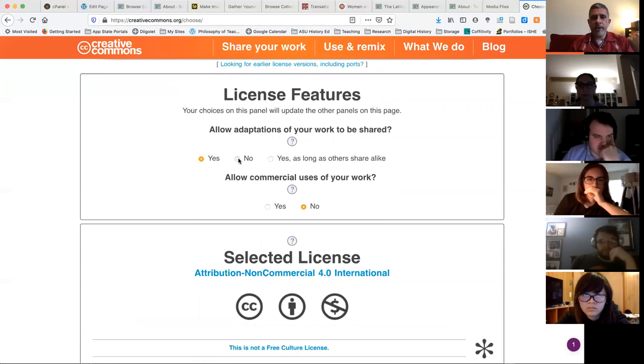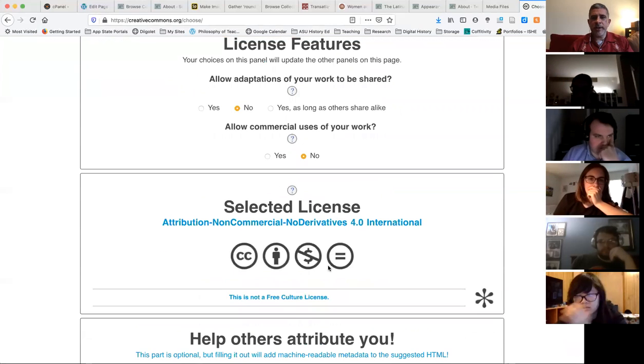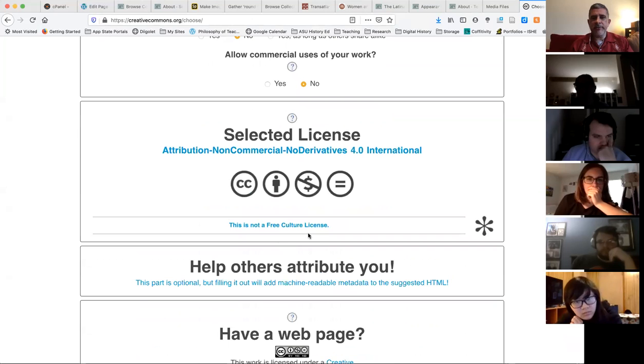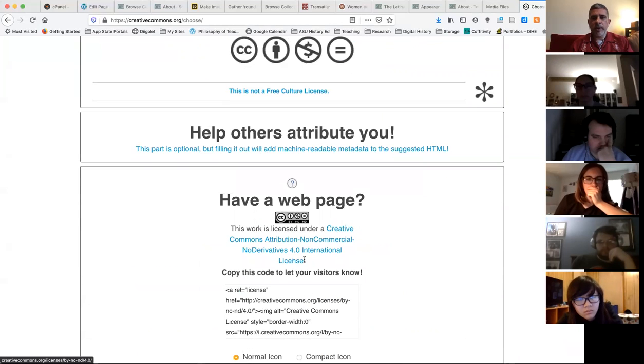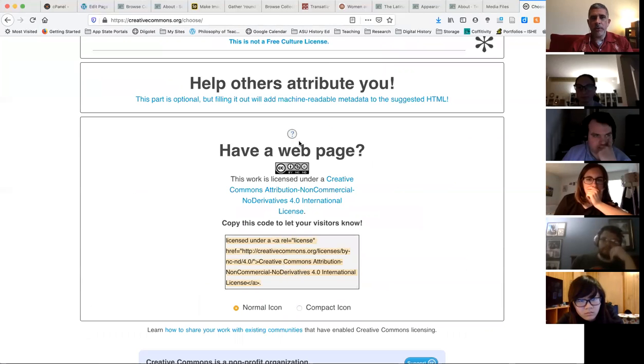And then I'm going to change it to adaptations no. So then my icons have changed. This is not a free cultural license. Have a web page, and then there's the symbol. And then you can copy that code. And then once you've copied this code,